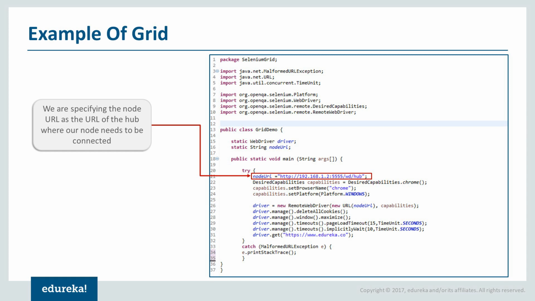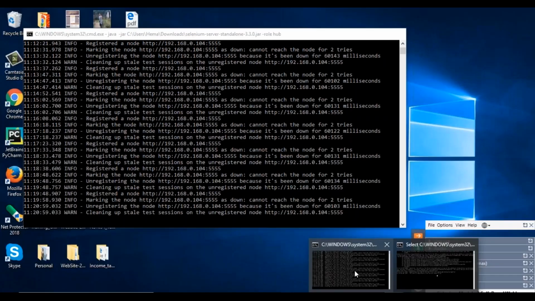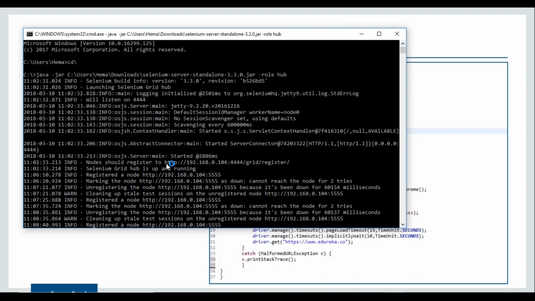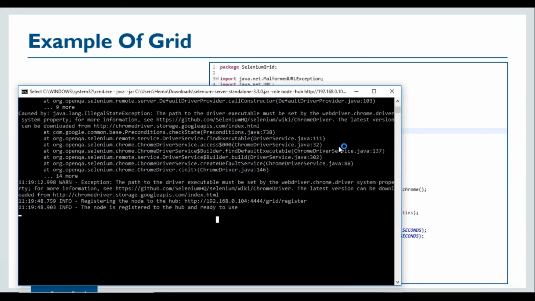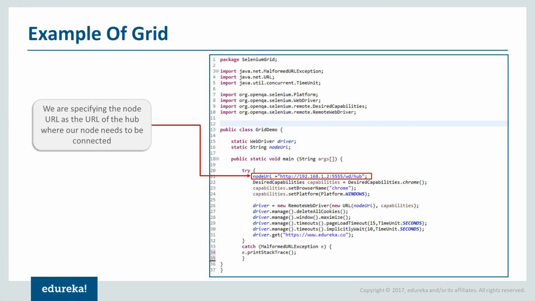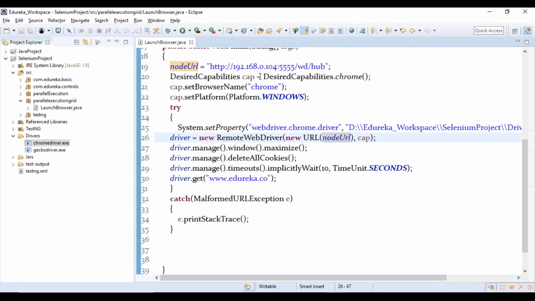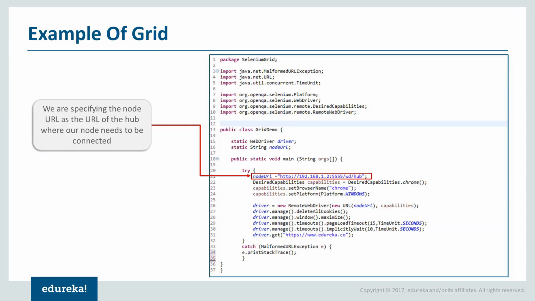So here, by just copying the path of it. If you go here, so where is it? The path of your hub is this one, wherein you can start giving this particular command in order to register your new nodes, right? If you give this particular command on your nodes, your node would get registered successfully from a different machine, and you can start working with it, right? Once the node is registered, you can use the node URL and you can start working with this, right? So this is the node URL for them, and here is the node URL for me, right? The 5555 which I have taken, and this is 104. So this is the node URL. So we are going to run likewise.